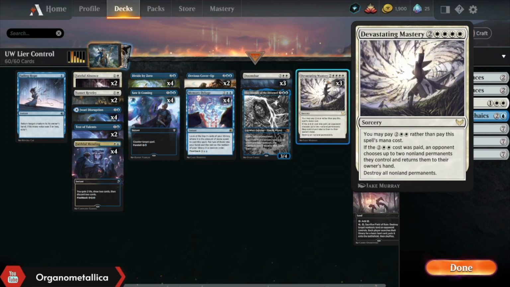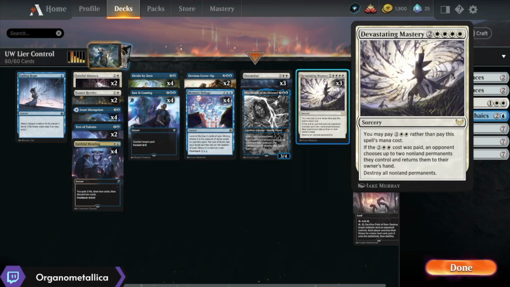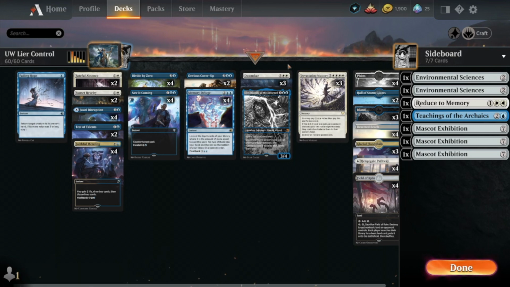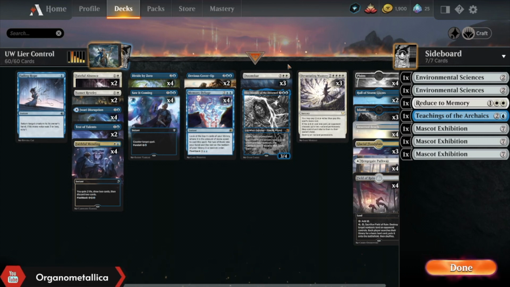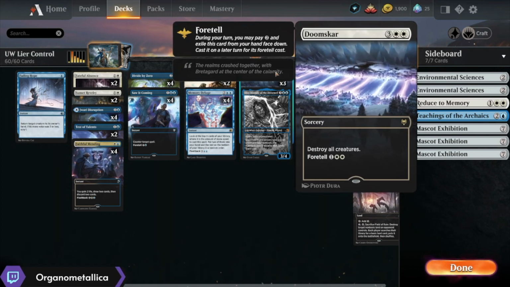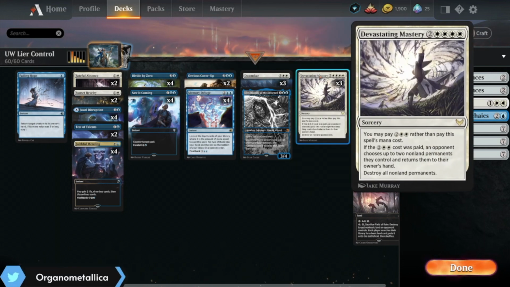Doomscar and Devastating Mastery fit the same general place in the deck, in that they are flexible wraths. Generally speaking, I don't take a deck out unless it has at least 6 wrath effects, because especially with where I am on the ladder right now, the chances of getting overwhelmed by creatures is so high. So Doomscar gives us a way to use Foretell to get a cheap wrath out, and Devastating Mastery, because it